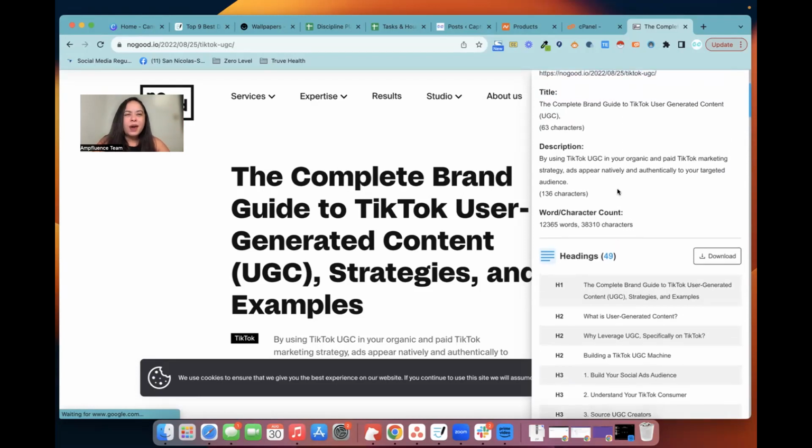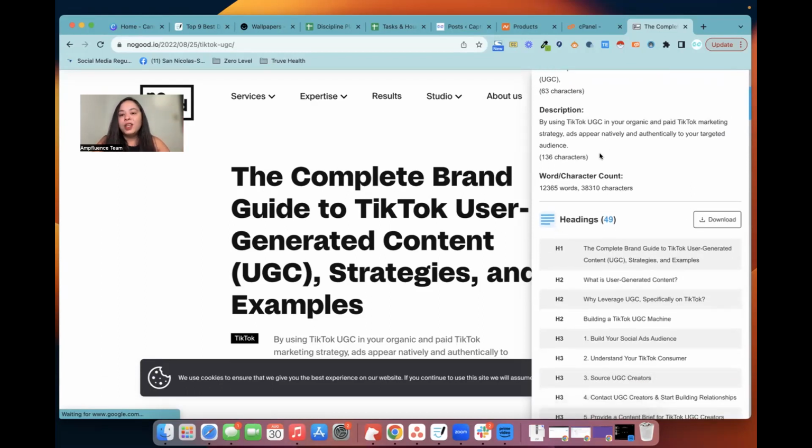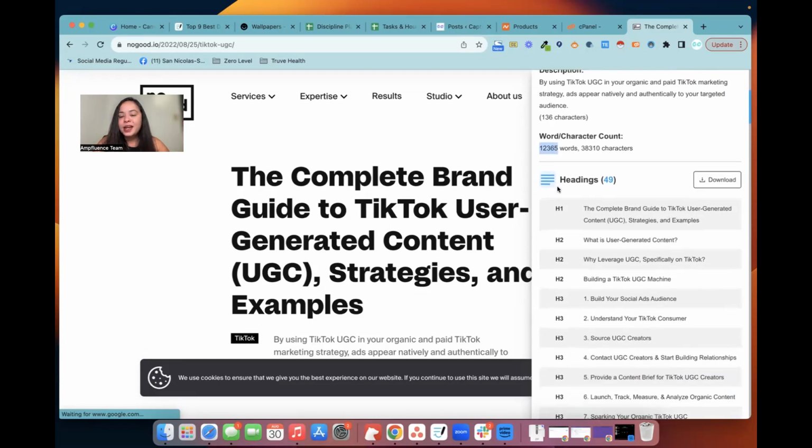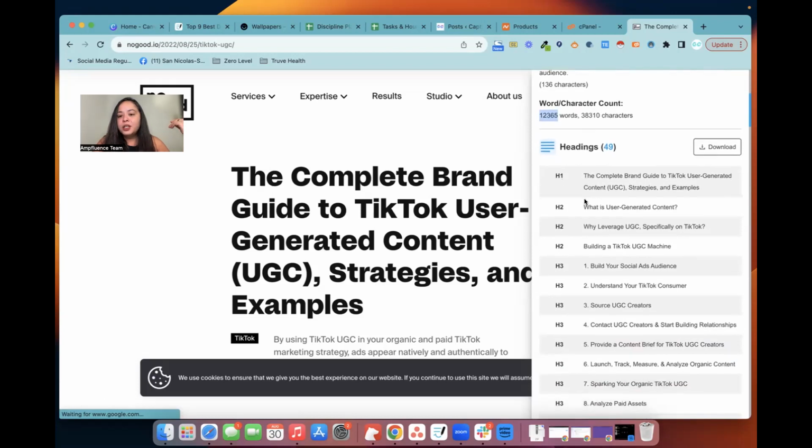I know that we're looking at between 6,000 to 12,000 words, which is a huge jump. But anyway, we know that this article ranks at number 2, probably because it has many more words than the initial article that's ranking on the number 1 spot for Google, page 1, right? But this is number 2. And essentially what we're going to do is pull all the headlines, right? So we see H1s through